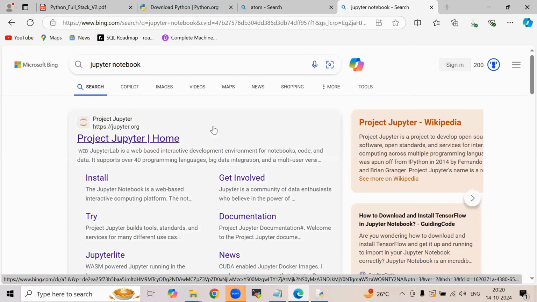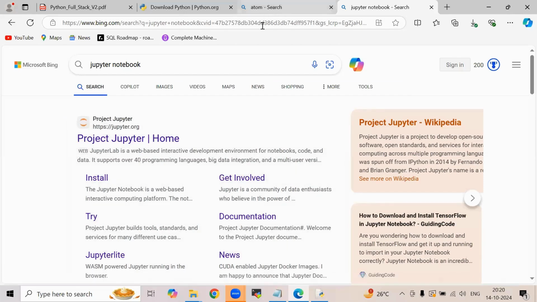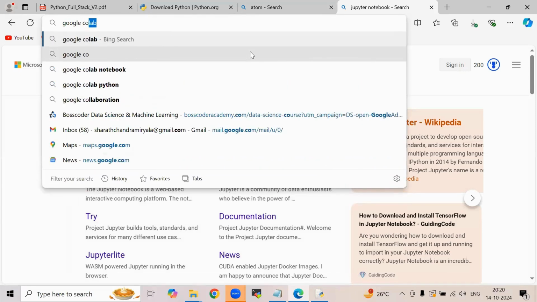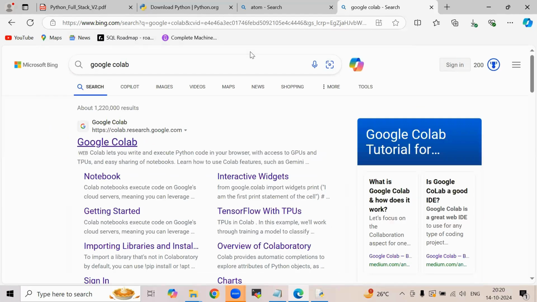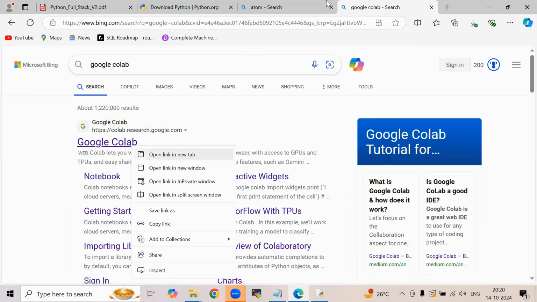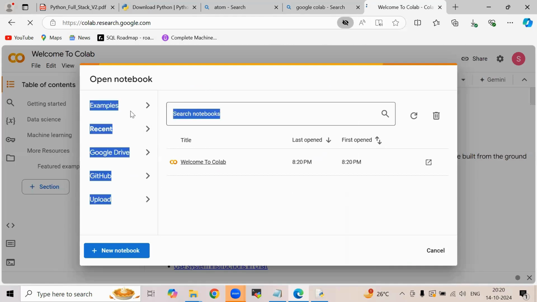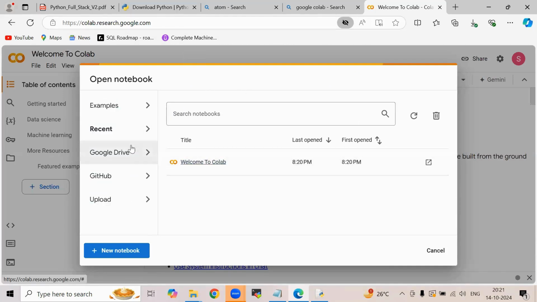Jupyter Notebook is a popular option for developing Python projects. And then most of the people right now who want to practice online may use Google Colab. I think most of you know this option. So in Google Colab also, you can use Python. See, this is very popular. It simply follows the Jupyter Notebook format. New notebook, you can say.